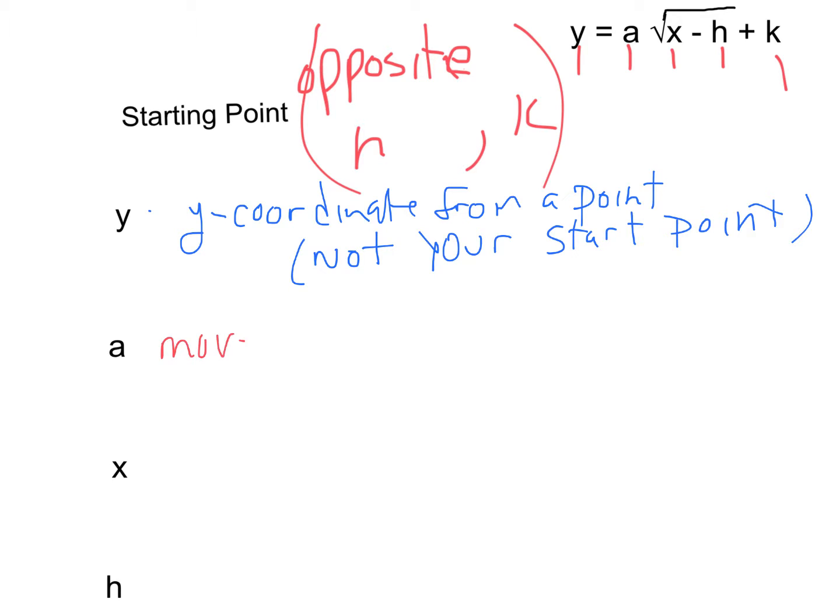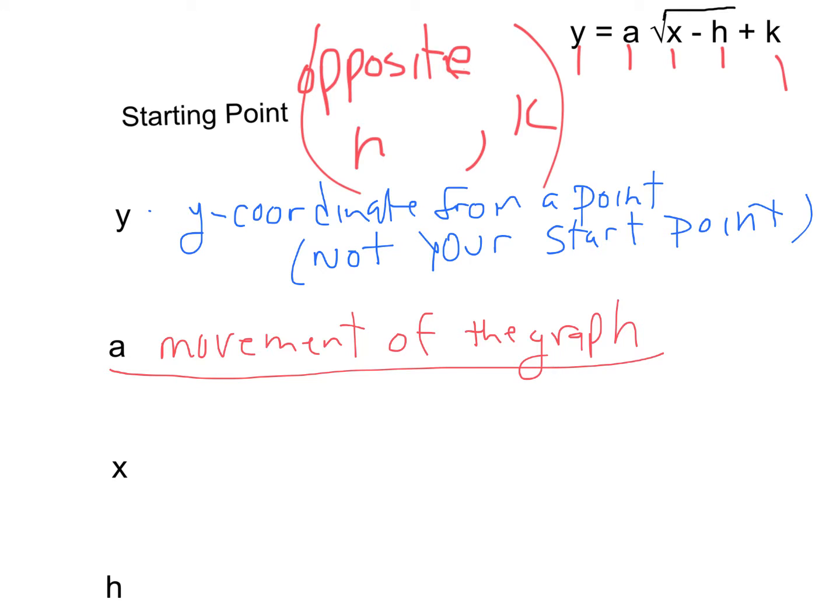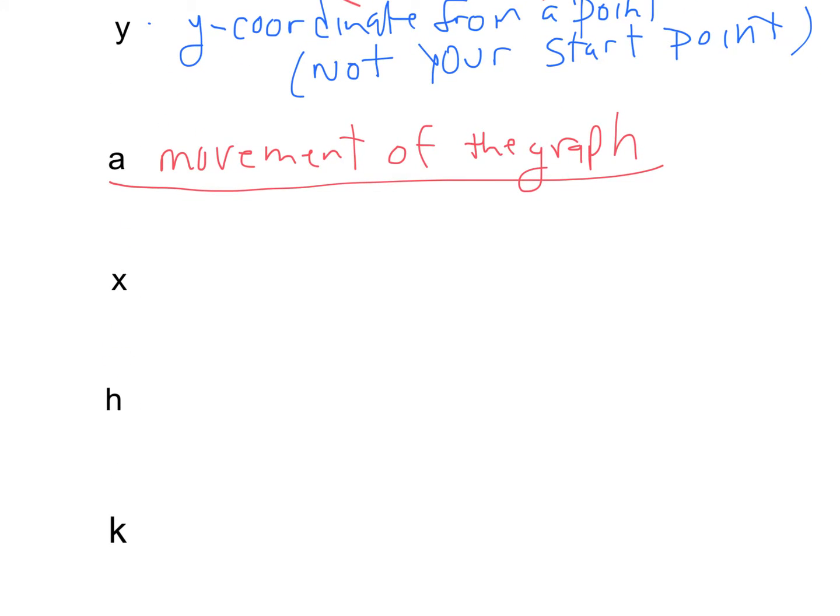Okay, the A value is basically the movement of the graph. It's also the scalar multiplier, and later on in this video I'll show you a trick using that. Okay, the X is the X coordinate